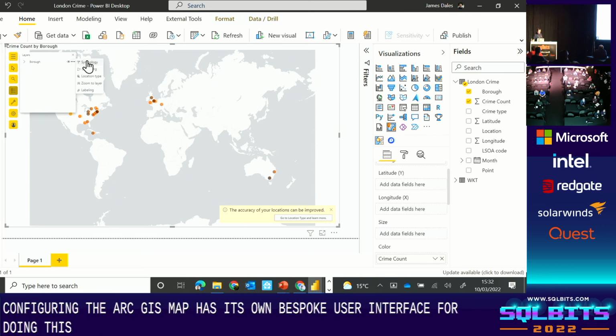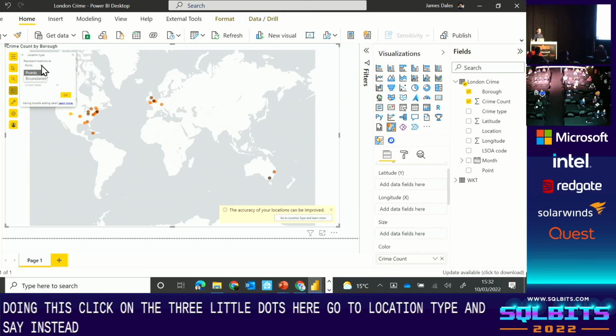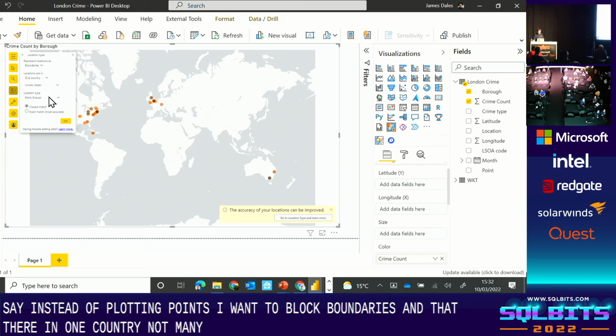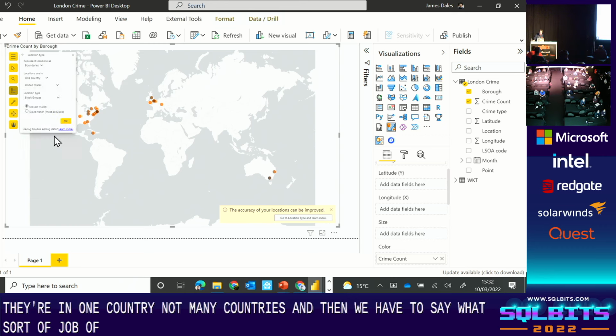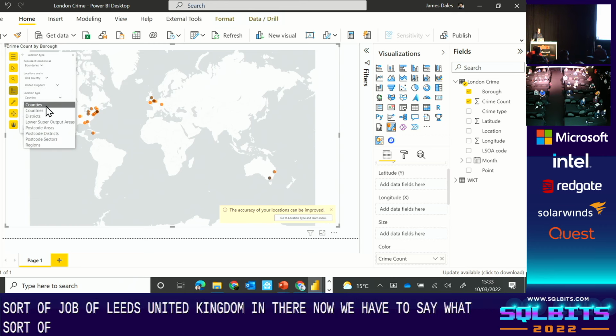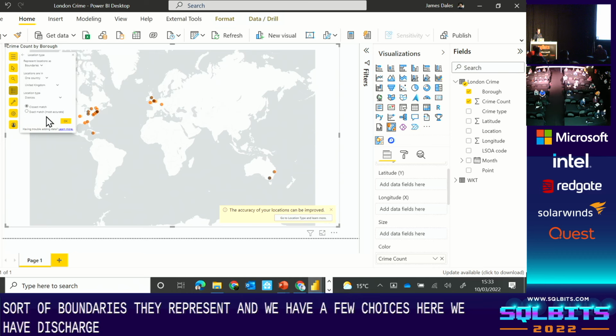Click on the three little dots here, go to location type, and say, instead of plotting points, I want to plot boundaries, and that they're in one country, not many countries. And then we have to say what sort of geography, need to choose United Kingdom in there. And then we have to say what sort of boundaries they represent. And we have a few choices here. We have districts, which our London borough boundaries are. And if I click OK,